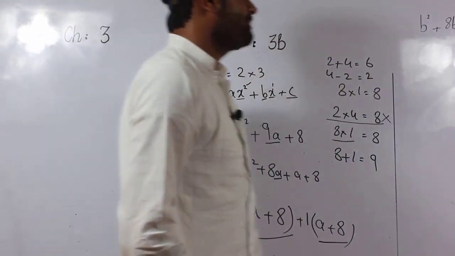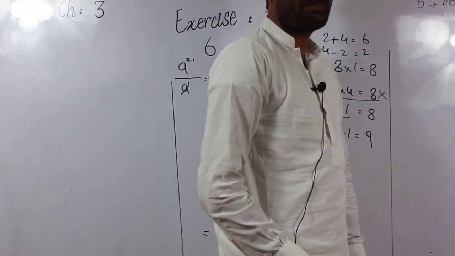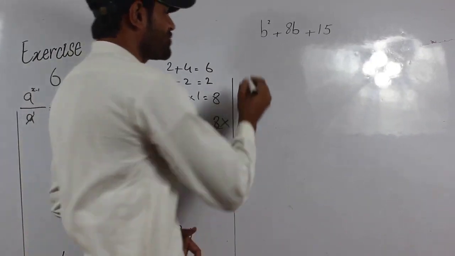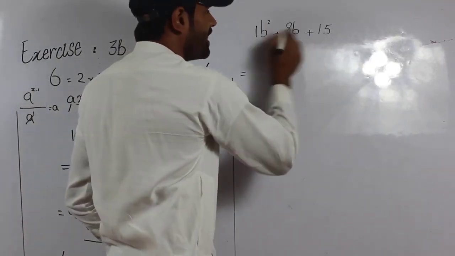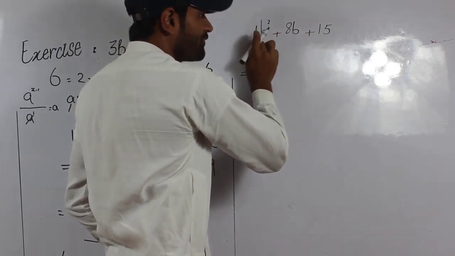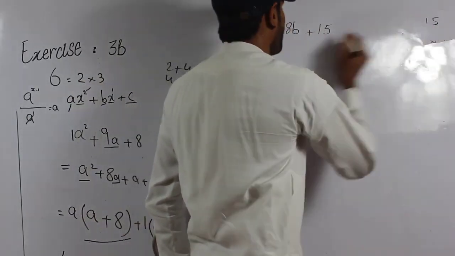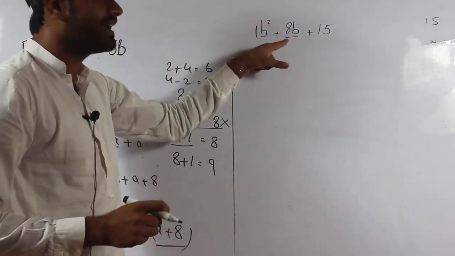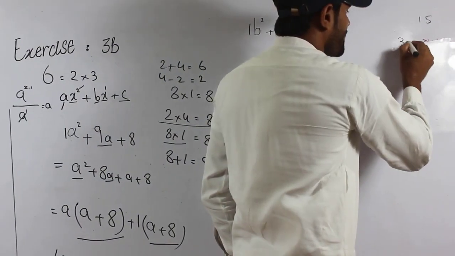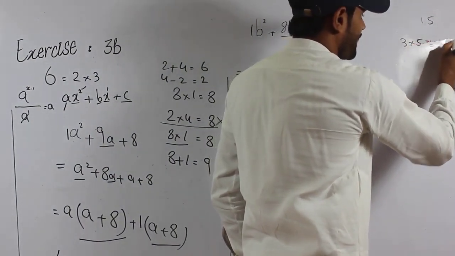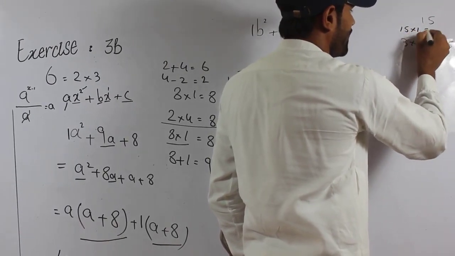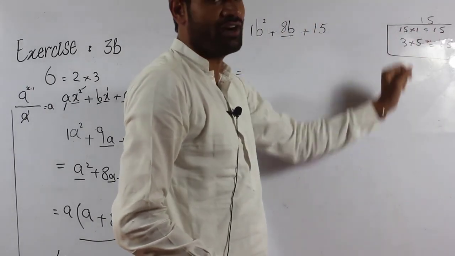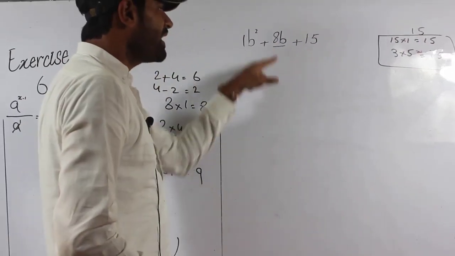So let us take another example. The other part is b square plus 8b plus 15. Again we use the same method. First multiply the constant with the coefficient of the highest power, 15 multiplied by 1, we get 15. So I break 8b into two numbers whose product is 15 and which, when simplified, give 8b. First, 3 multiplied by 5 gives 15, and the other pair is 15 multiplied by 1, which gives 15. So these are the two pairs of factors, 3 and 5, and 15 and 1. Which one is useful for me for 8b?